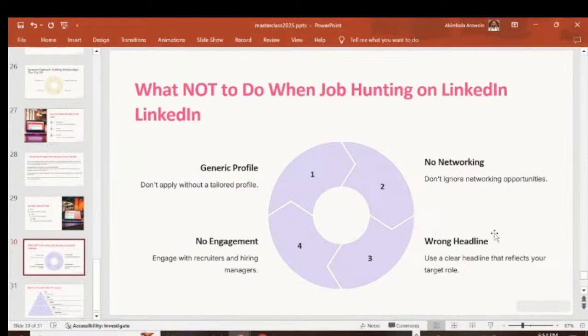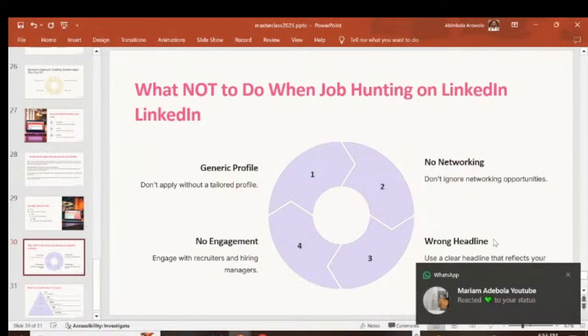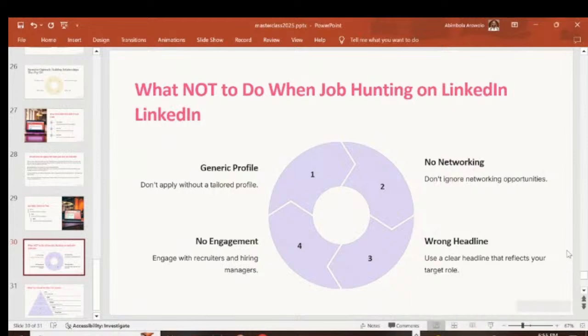I see a lot of people making this mistake, just putting up a list of the skills that they work with. So you don't want to be that person that just lists your skills on your headline. No, don't do that. What you want to do is to have a clear headline. Tell them what you do. Now if you're a data analyst, you can put up a very short one, and you want to make sure your headline is not too long. You want to break it down to be short, so that people can see